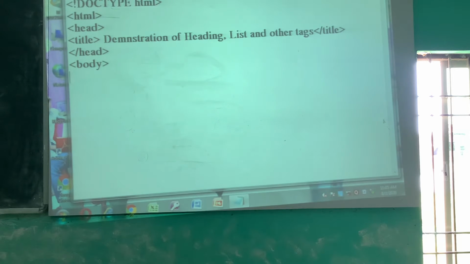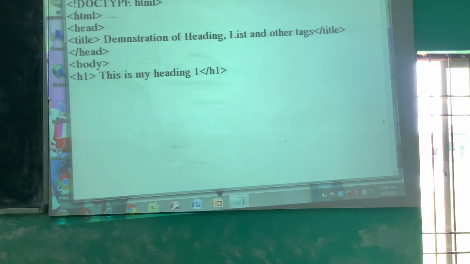Then here, suppose I am typing H1. This is my heading 1, slash H1.